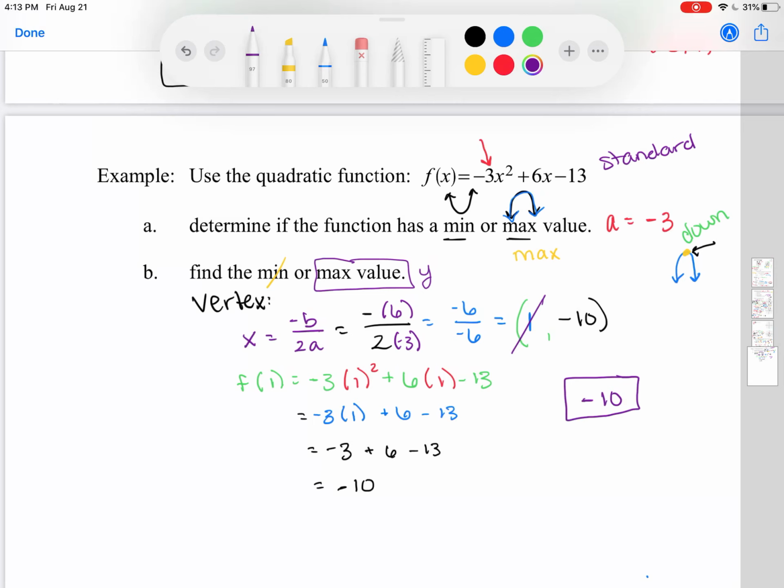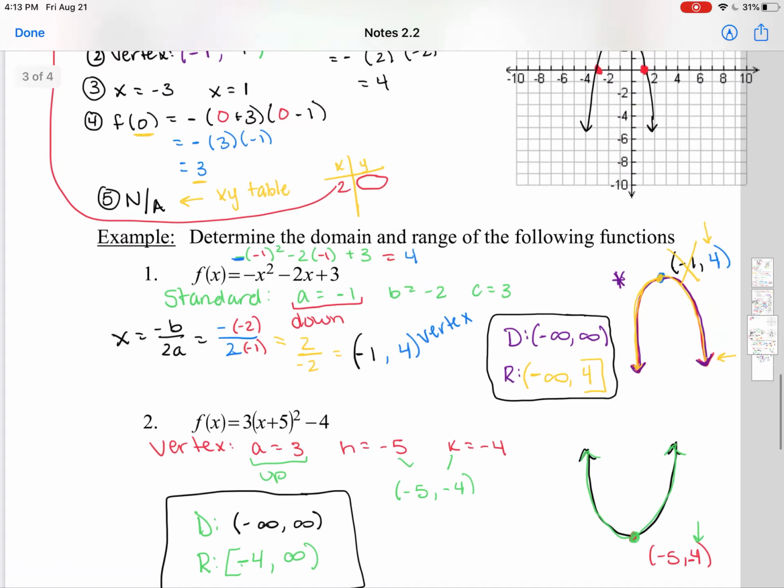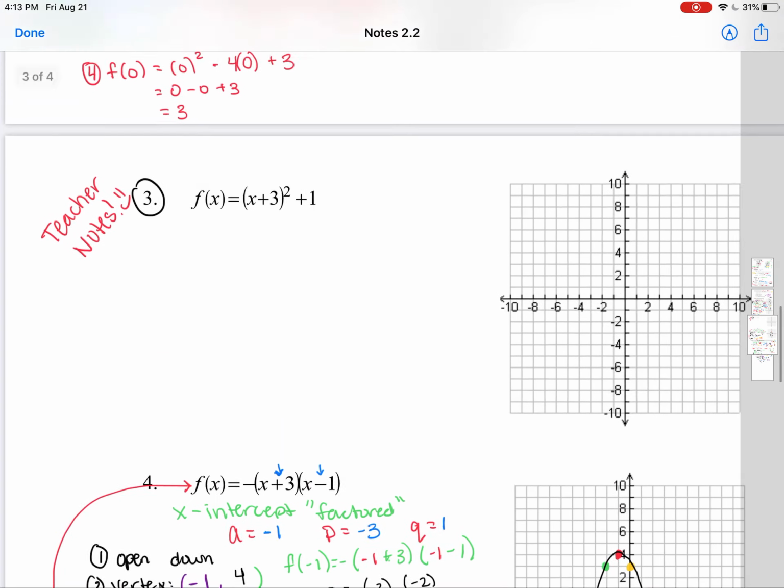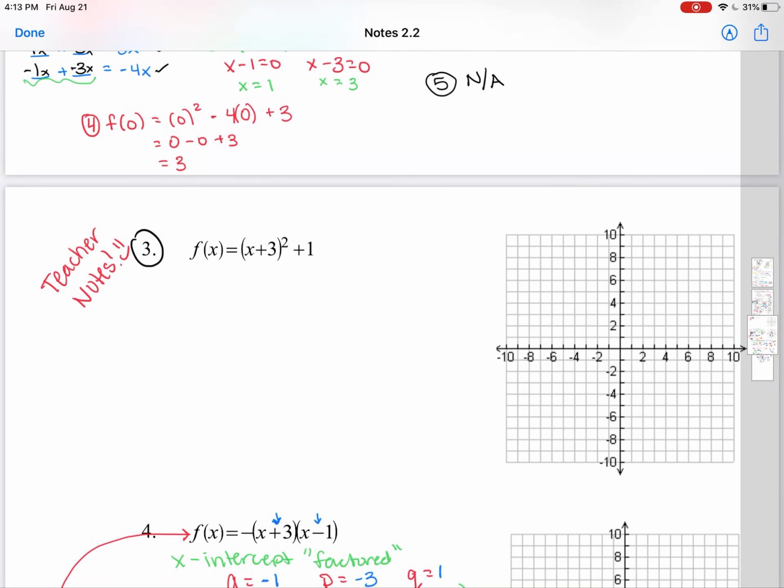All right. So again, go through these notes, watch this video more if you need to. However, I am posting the teacher notes for especially question 3. Go ahead, look over question 3, see if you can do that on your own, and then check the teacher notes, see what we might have done, and if you still have questions,